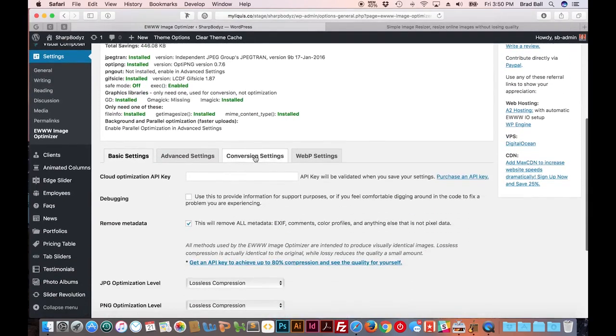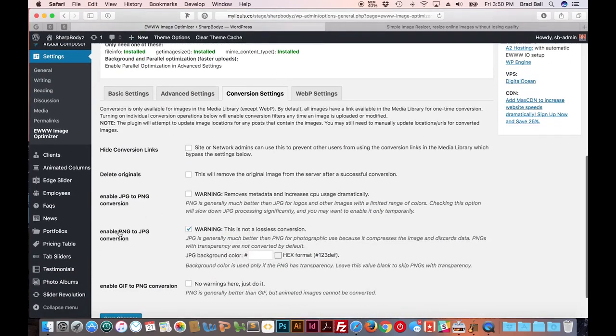So I would save those changes. And then in the conversion settings, I just want to go down and enable PNG to JPEG conversion. And what that's going to do is any PNG that is uploaded in your media library, it's going to change it to a JPEG. And the reason we like this is because JPEGs can compress better than PNGs. And if the PNG doesn't have a background, as long as you don't put anything here, it won't touch it. So you won't have to worry about that. So now that we have these settings saved,